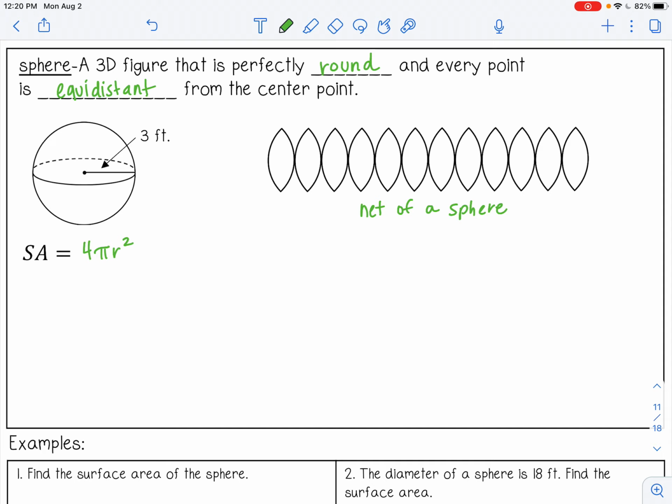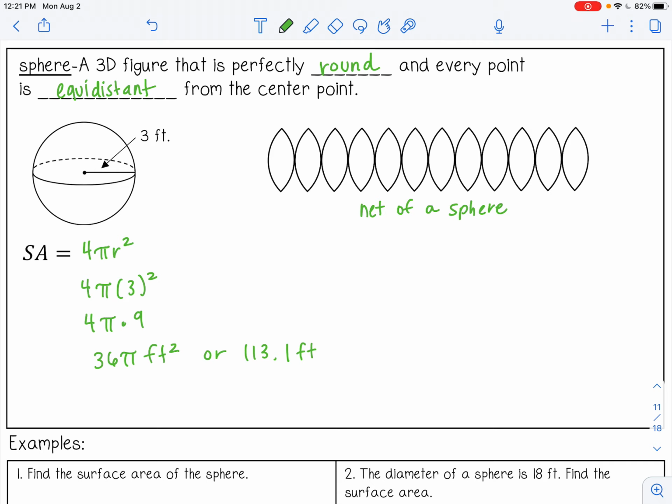And the formula actually has the area of a circle formula inside. Remember, area of a circle is pi r squared. So it's just 4 times pi r squared. All right, so 4 pi 3 squared for this one. So 4 pi times 9, or 36 pi feet squared. That will be the exact version. If you want the rounded version,